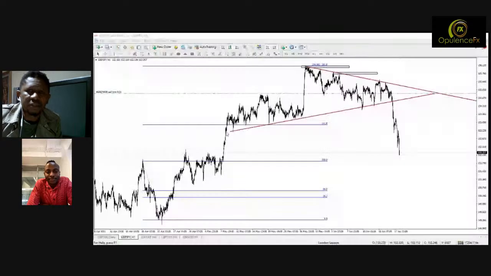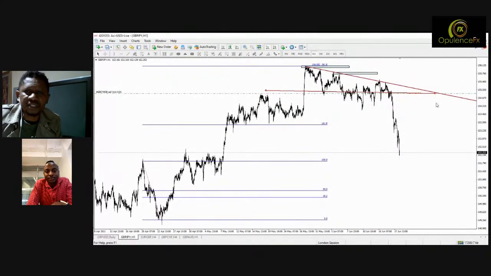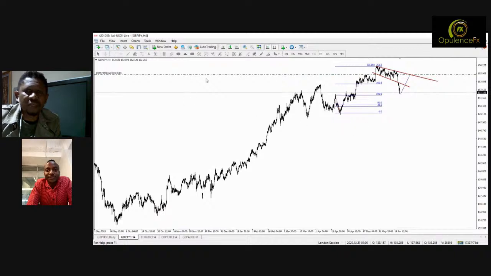Right. So in this case, in your instance, this flag, as you rightfully put it, was broken. There was the retest of the flag, this bullish flag. The price went, I think you're looking at an H4 basis. So you are looking at this support holding. It could hold, yes, and then go and retest that one on the upper side,